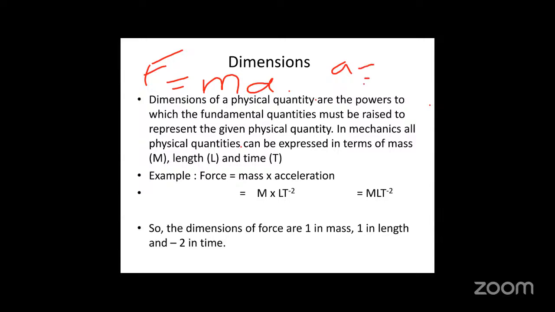Acceleration a is equal to v over t, which has a unit of meter per second square. So we can rewrite the unit as